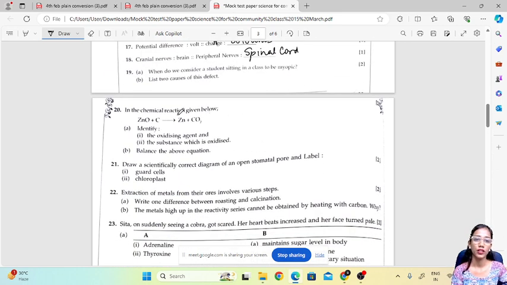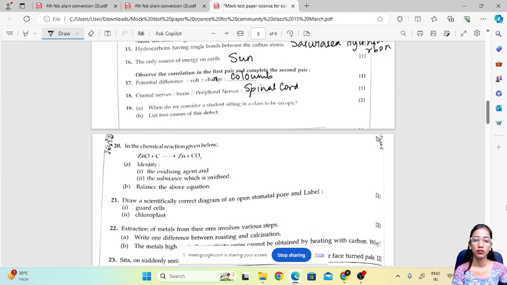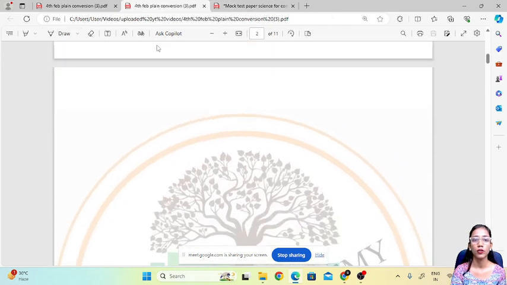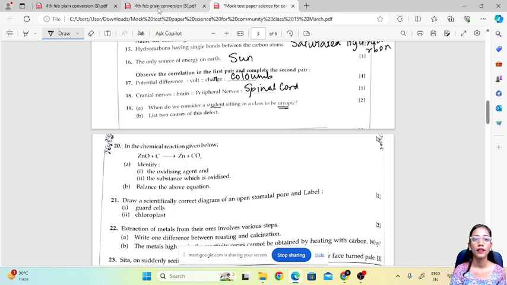Okay, the next question. When do we consider a student sitting in a class to be myopic? Now we need to know what is myopia to answer this question. This is talking about the student sitting in a class, so we have to say that the student sitting in the class is not able to see the distant objects, but can see the nearby objects clearly. So for question number 19A,